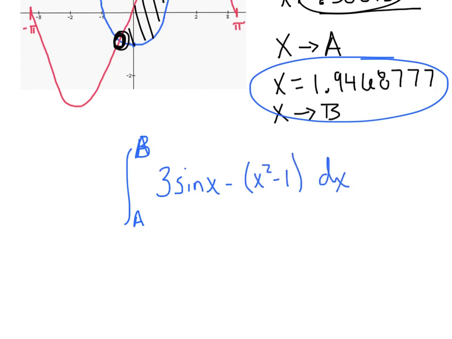Ladies and gentlemen, from there, I just want you to type this integral into your calculator, and then let's compare answers. So again, I went to the math menu, chose choice 9, and I literally typed it in exactly the way you see it. I typed in alpha A, alpha B. I didn't type in the numbers themselves. When my calculator spit out my answer, I had